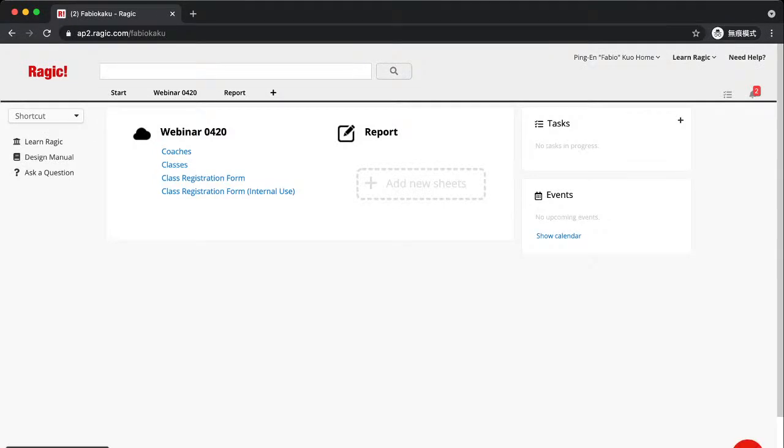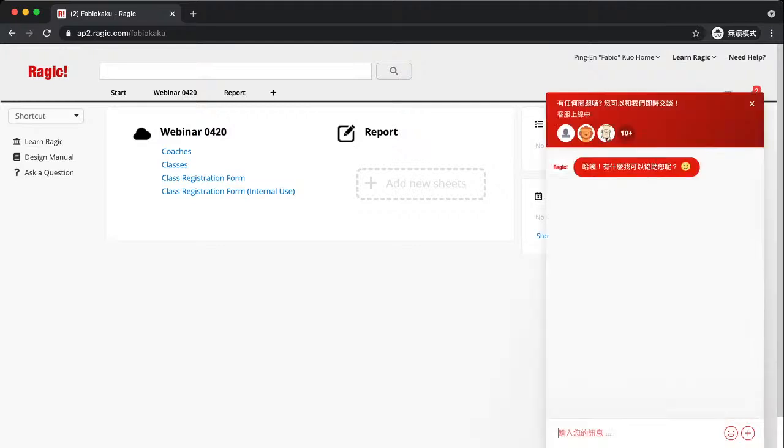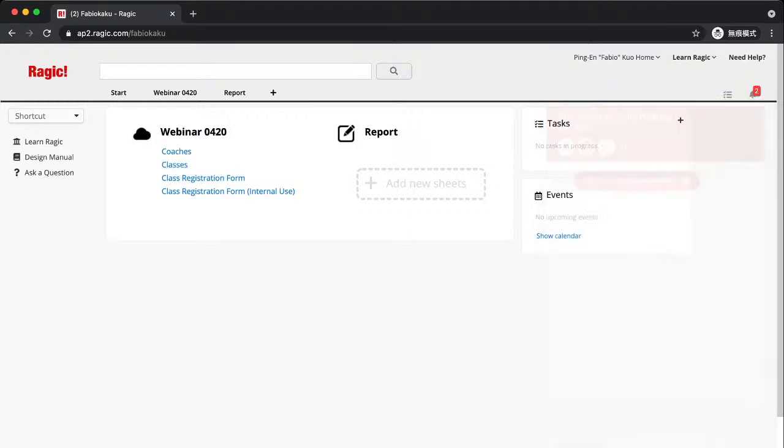Also, talking about some new features, other than clicking on the need help button to submit a support ticket, we actually support CRISP. We have CRISP enabled in the database where you can contact our support staff via chat. It's basically this icon in the bottom right corner. It replaced the Ragic bot that we previously had. You can click on this, and unfortunately it's in Chinese right now. But you'll be able to contact our support staff, and we'll answer you